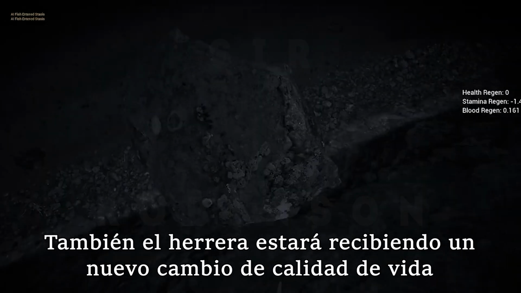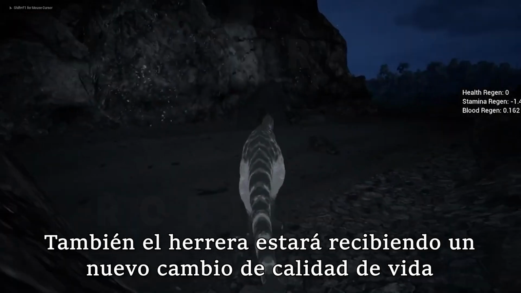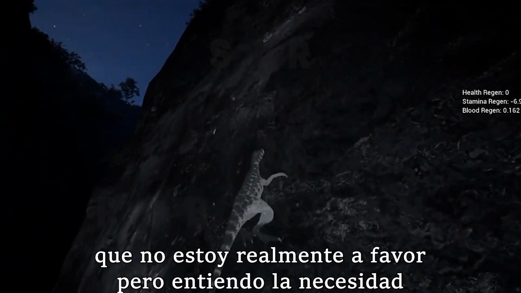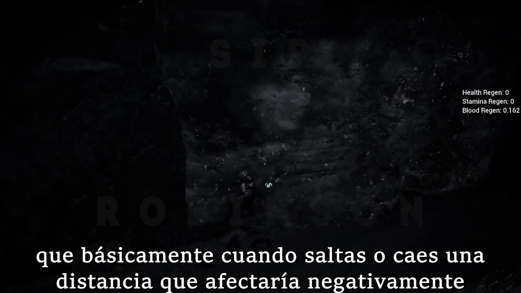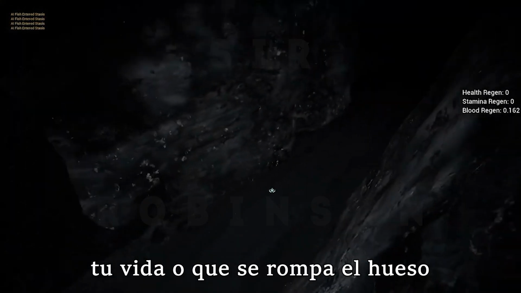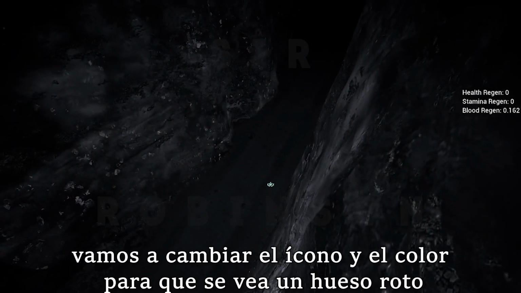So, you know. Also, the animal will be getting another piece of quality of life that I'm not particularly in favor of, but I understand the need for it, is that when you jump or go to fall a distance that would otherwise negatively impact your animal, hurt him, break his leg in some way, we're going to change the icon and the icon color so you see a nice little bone break